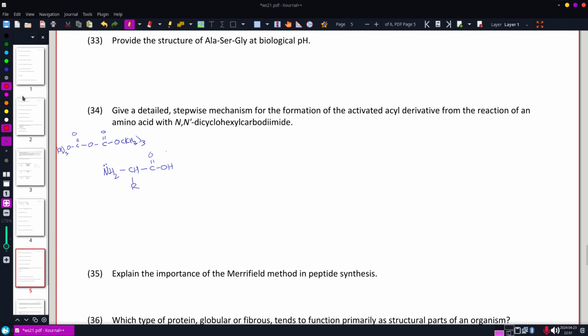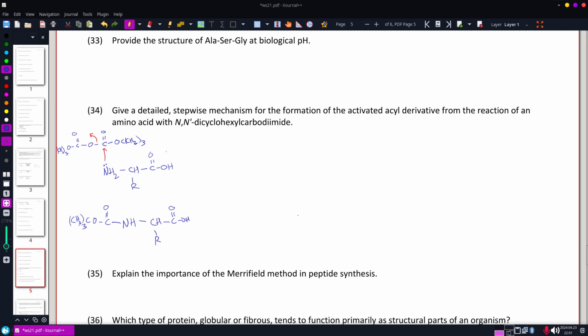And our nitrogen is going to attack the carbonyl, kicking off this side. And that's going to give us, which I'll start down here, we'll have, going to lose one of those H's when this happens. Other than that, the amino acid will be intact. And we now have, I'll do it over here, a carbonyl with an O, C, and then 3 methyl groups. But it's now protected on the N-terminus, ready to do a reaction with this N,N-